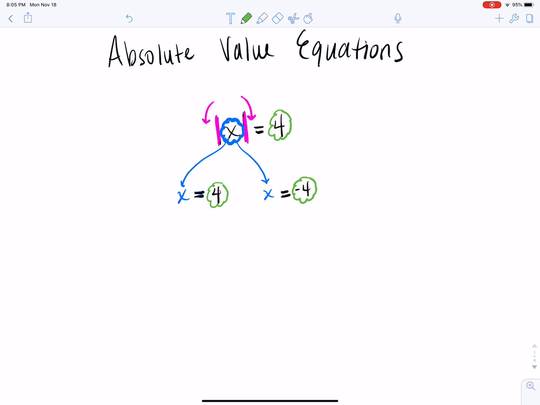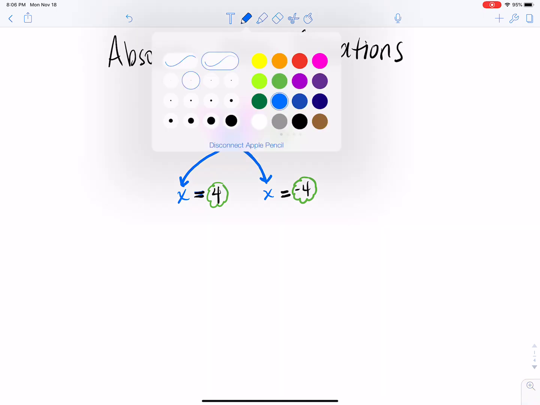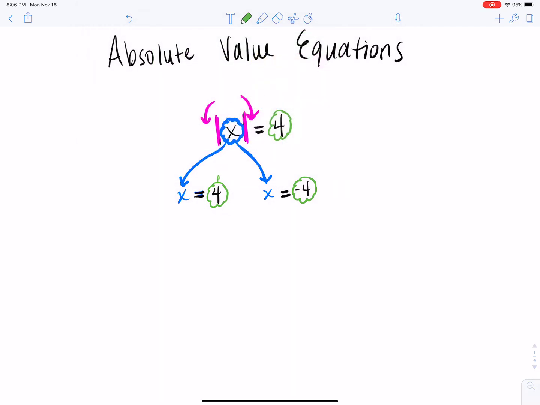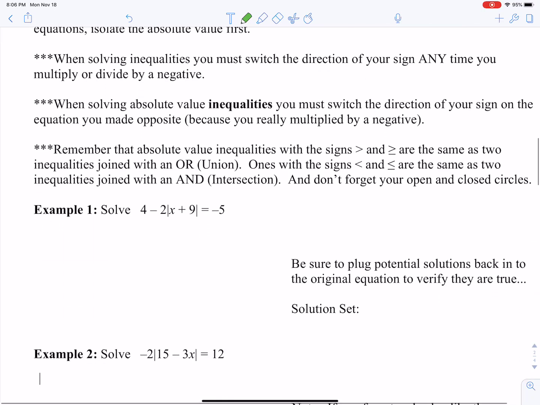So 3 steps. One is make sure that nothing is in front of it or behind it. Step 2, we're going to take out the contents. Don't change them at all. Just take out what's inside, write them down. Step 3, we're going to use the positive version of what was on the right-hand side and the negative version of what was on the right-hand side. Let's try to apply those 3 steps to